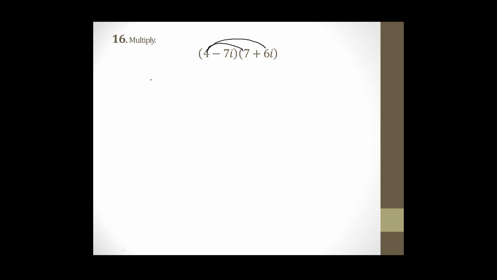So 4 times 7 is 28. 4 times positive 6i would be positive 24i. Now we do the second one times the first one, and the second one times the second one again. So negative 7i times 7 would be negative